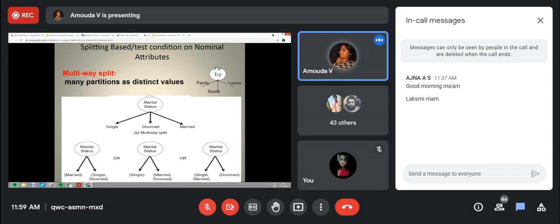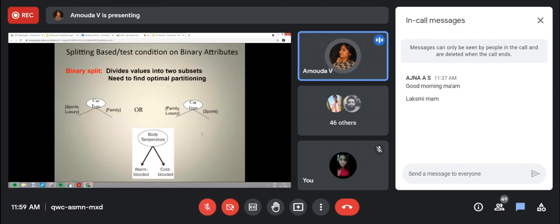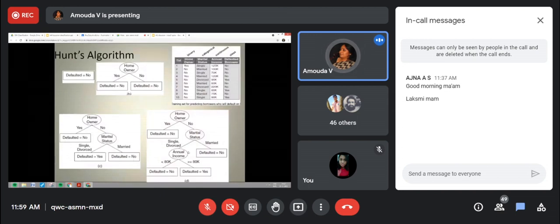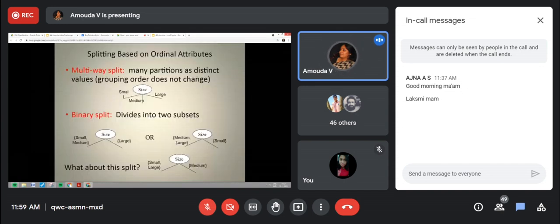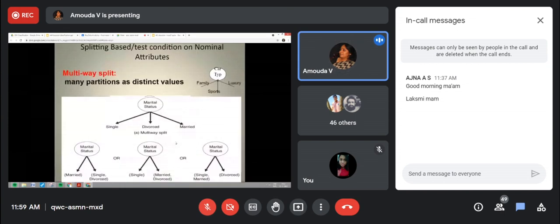The number of outcomes depends upon the distinct values of the corresponding attribute. You can see here marital status: you can have single, divorced, and married separately, whereas here the single and divorced are taken together. If it is nominal, you can have a three-way split, single, divorced, married. This test condition will produce a three-way split.